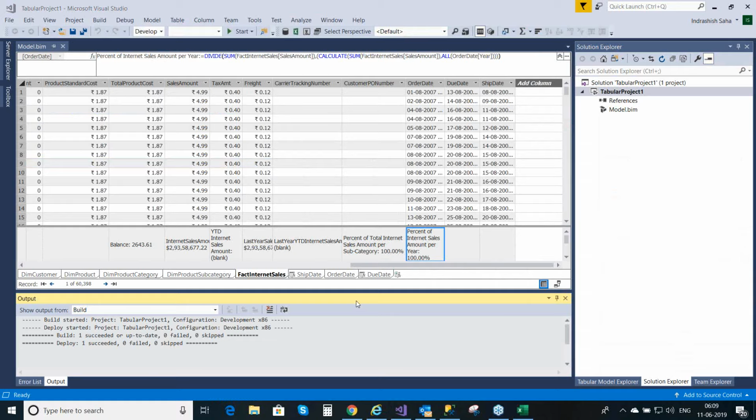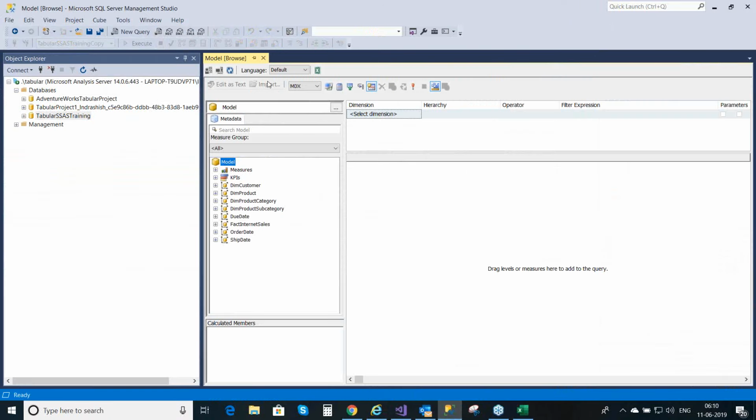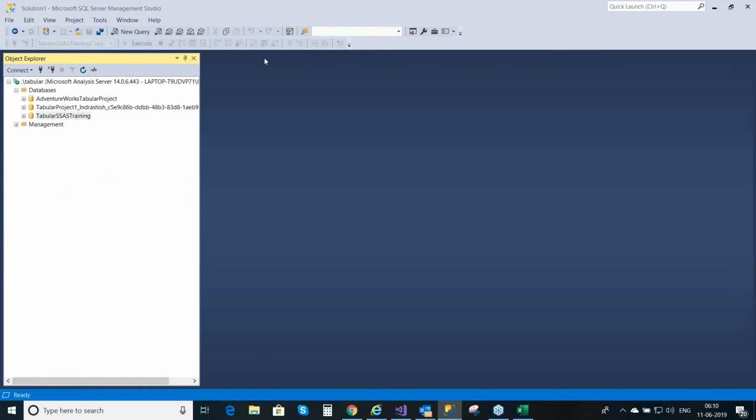So if you remember, in our data warehouse, there is a dimension called dim sales reason, and that has a many-to-many relationship with the fact internet sales table. And the relationship is set up using a bridge table called fact internet sales reason. So if you look at the data,